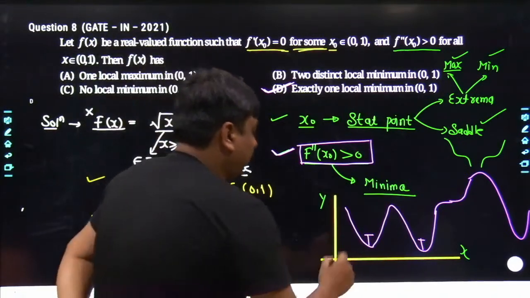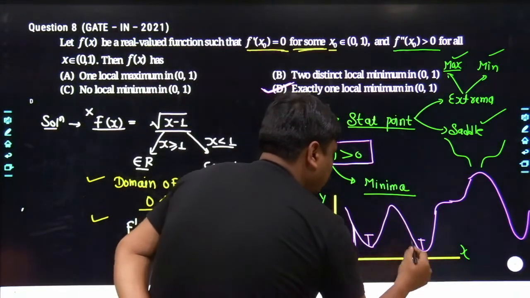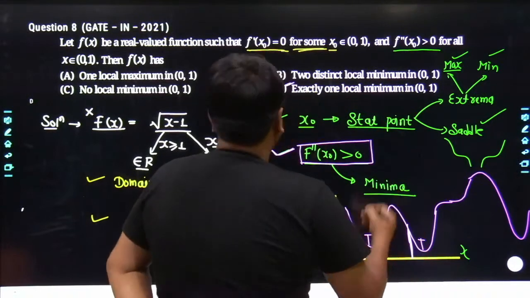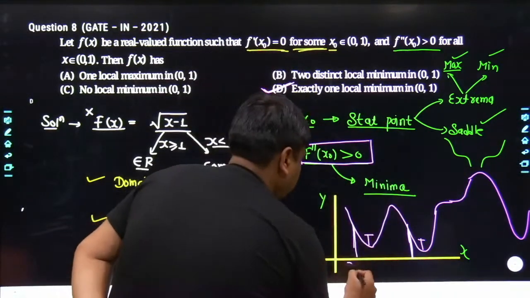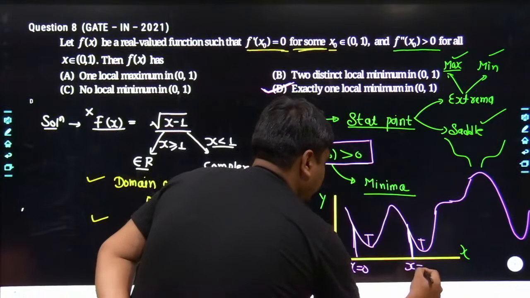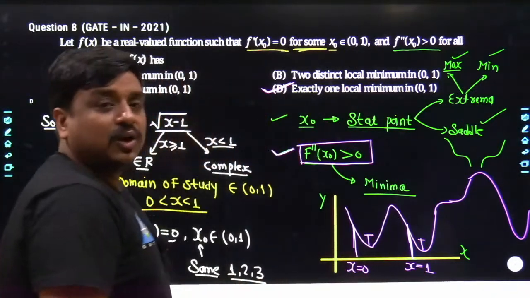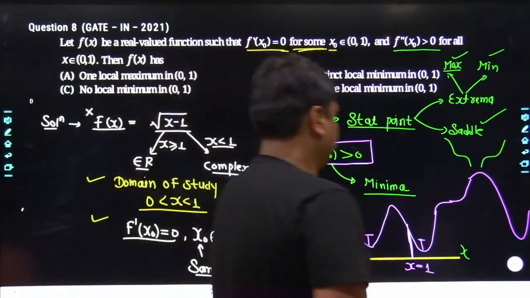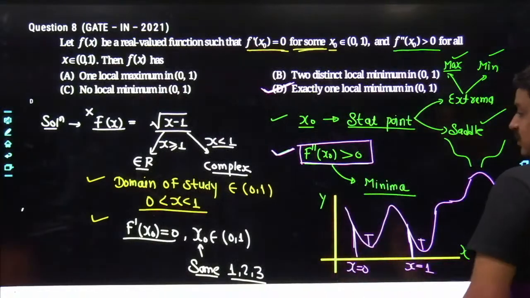No, you can't have this. You cannot say like this, like, sir, this is x equals 0, this is x equals 1. No, my dear friends, you can't say like this. So the best answer is going to be option D. Till this point, each and everything must be clear to all of us.